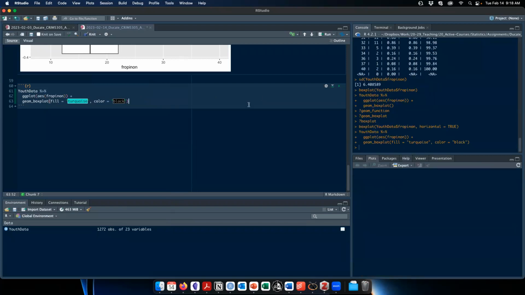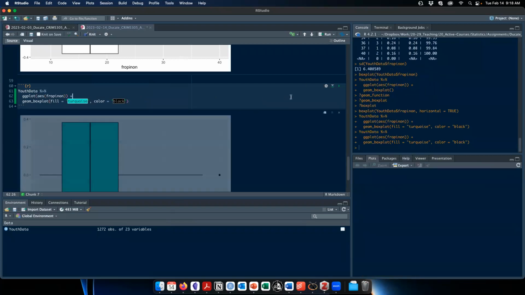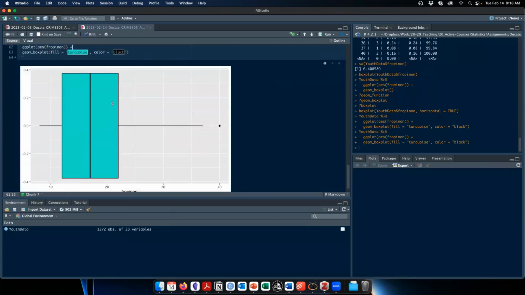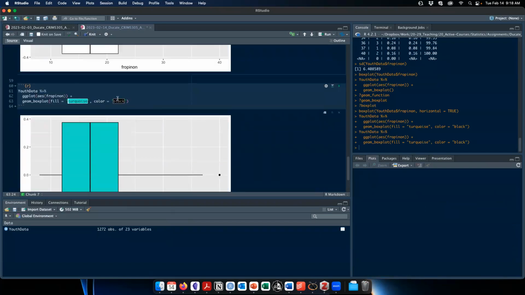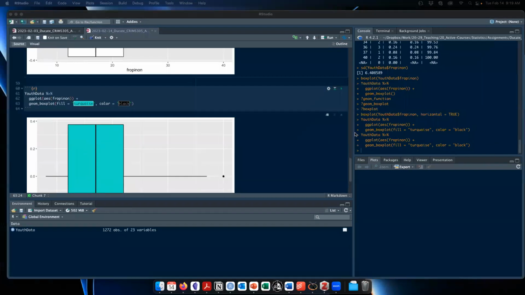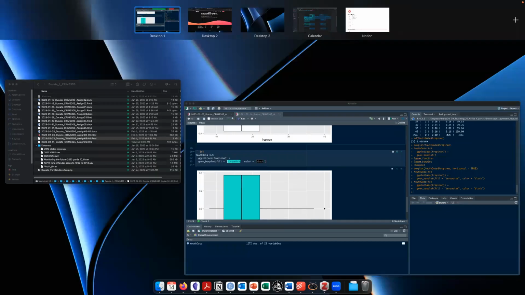But now we can run this. Come on. We can see we have this lovely turquoisey color that we've filled the box plot with. And you can pick pretty much any color that's a real color. You can also look up hex code colors. So for instance, if there's a specific color,